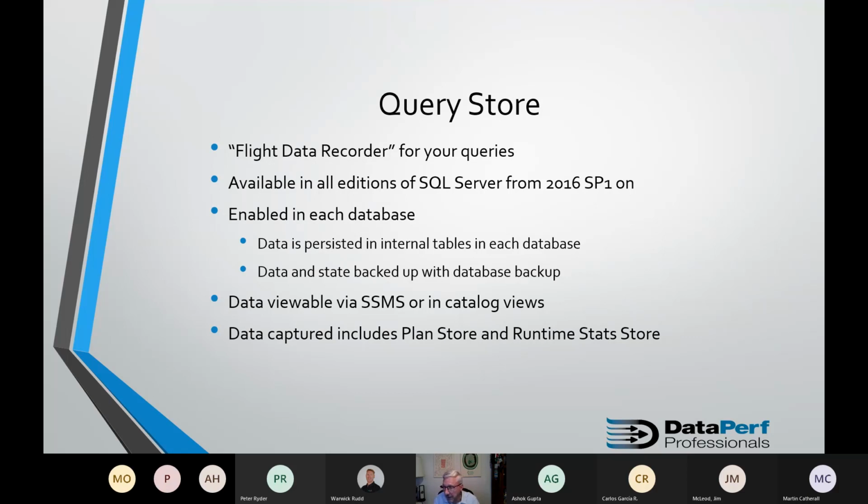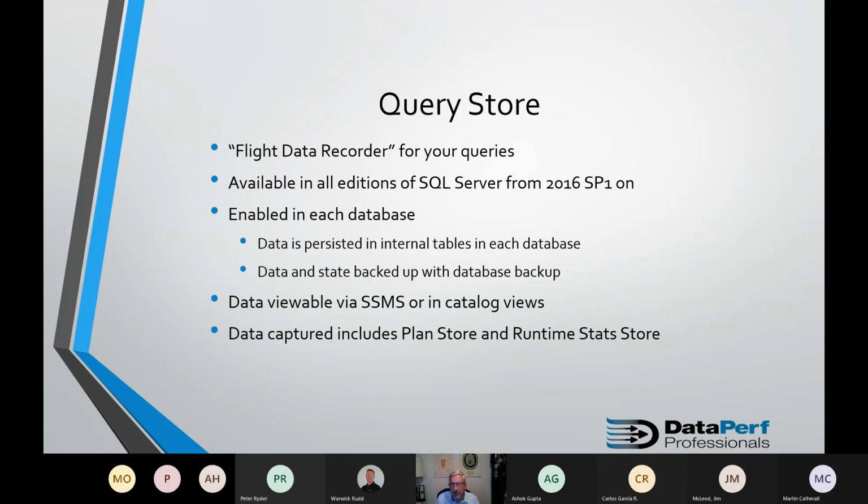You need to enable it in each database. The data that it collects is stored in the database where you've enabled it, right?